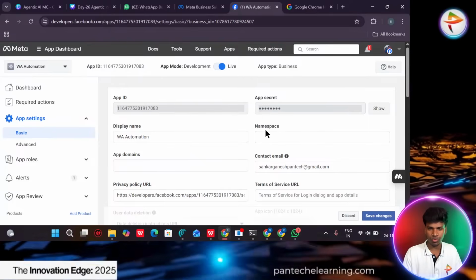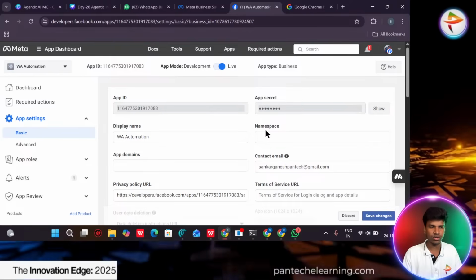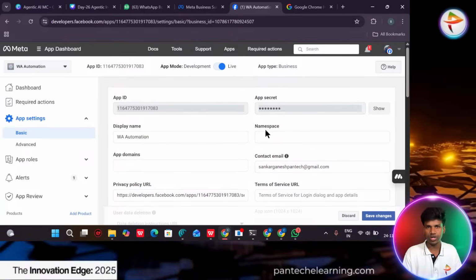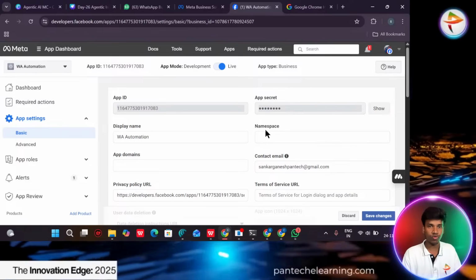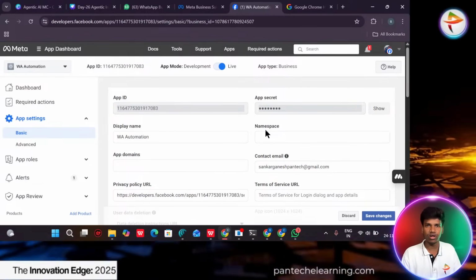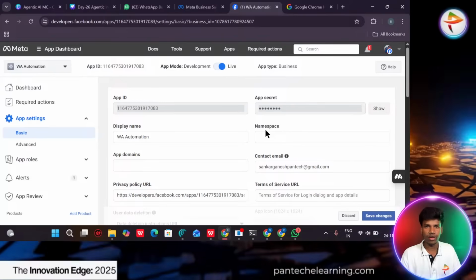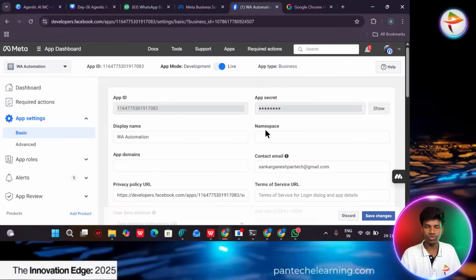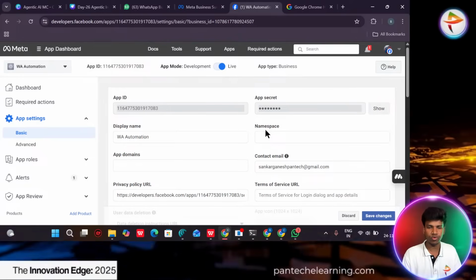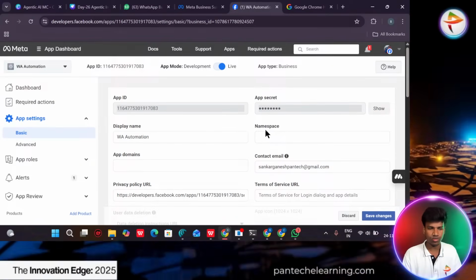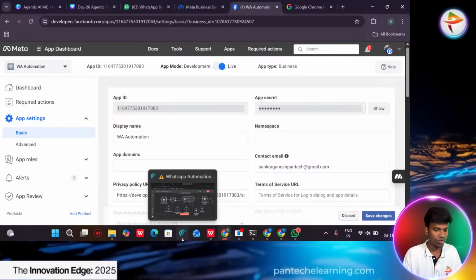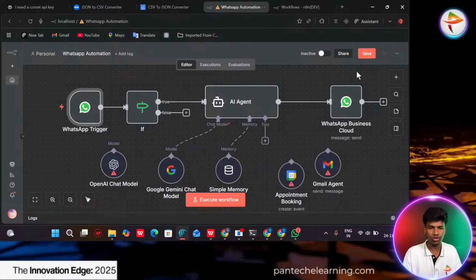Not only today, session by session, whatever we discuss, the workflows we create, the entire JSON file, the working source file, we will share in the LMS portal so you can easily access it. I already told you how to upload that source file in the n8n tool.